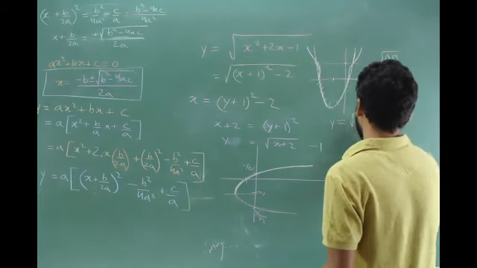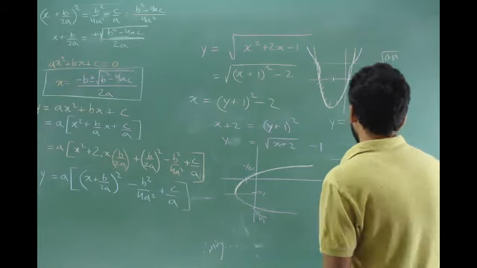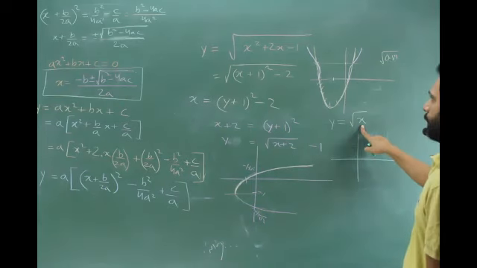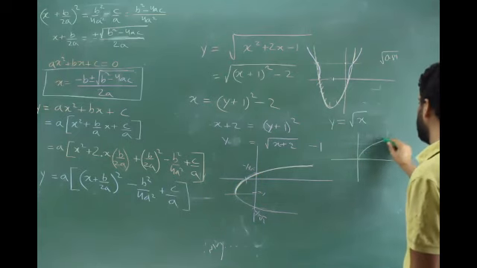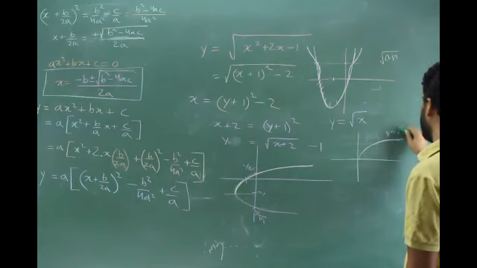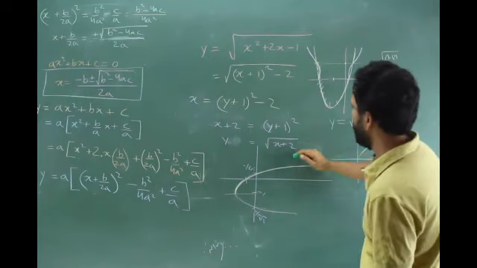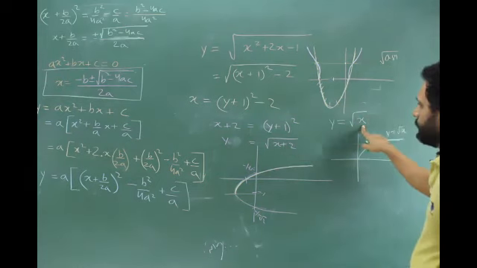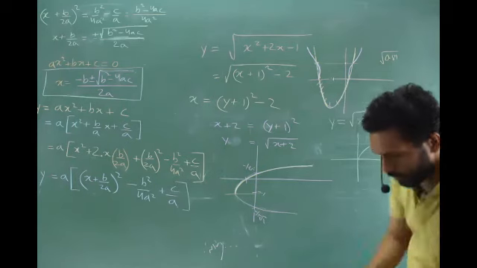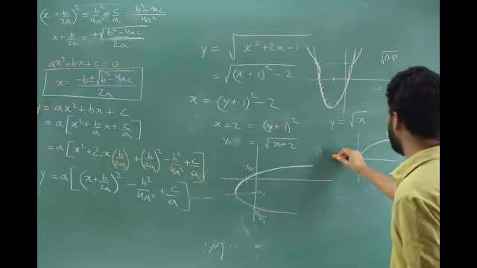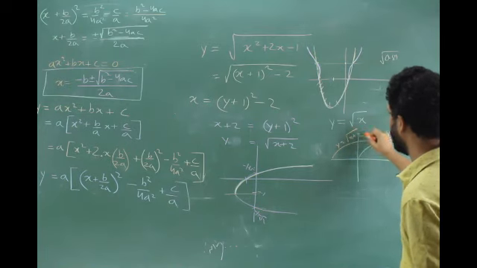The simple approach of this graph, I'll tell you, but I just want you to think in all the ways. The simple approach is y is equal to root x, which is your y square is equal to x graph, which you told, and only this part. This is y is equal to root x. So what will be y is equal to root x plus 2? If it is a function, instead of x, it is x plus 2. This will shift backwards by 2, right? Yes, sir. And this will be your y is equal to root x plus 2 graph.